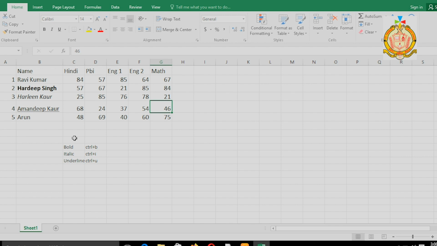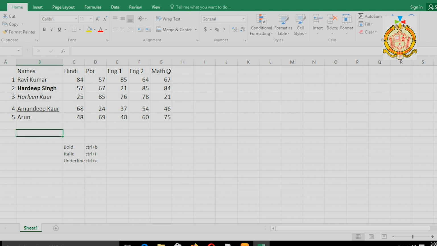First topic is changing the font of data. Like, students, I have entered data here. If you want to change the font, I will show the steps with which we can make the change.